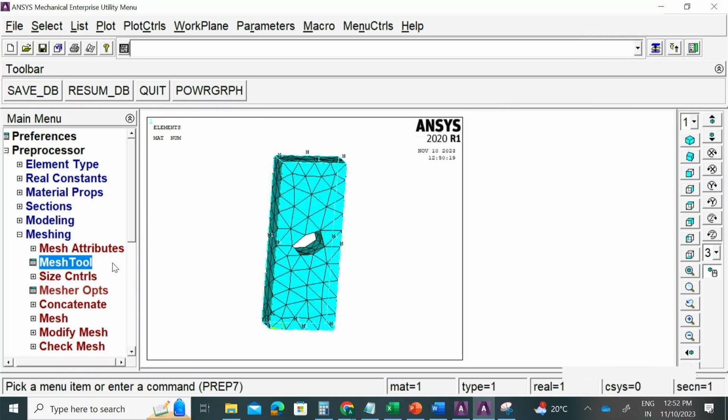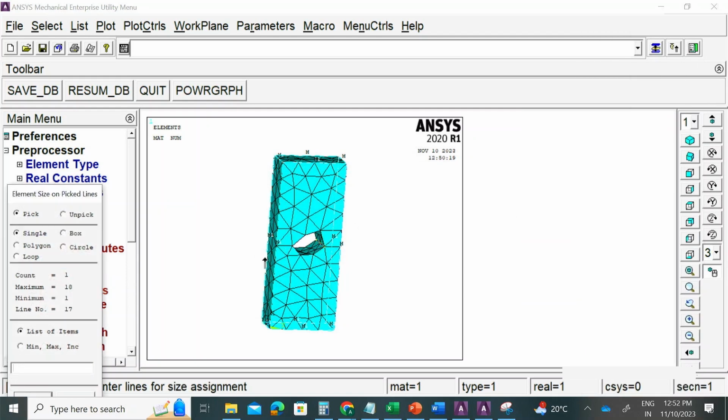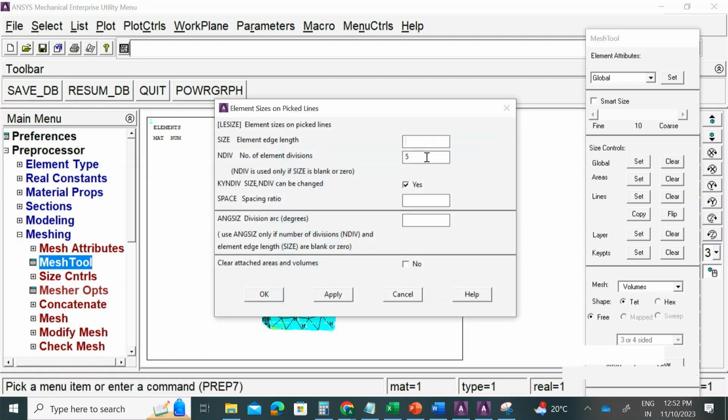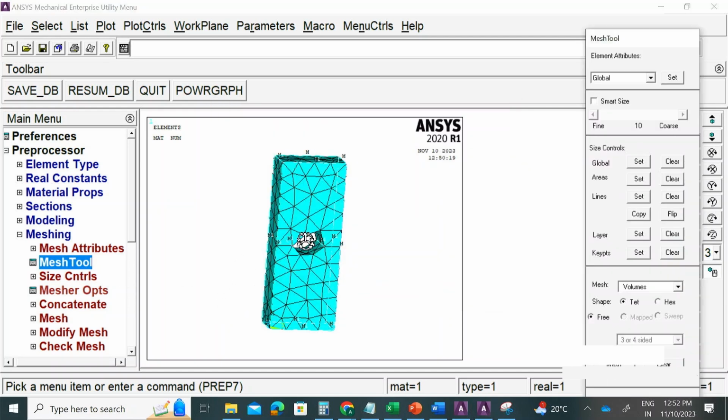So am I done? Not yet. So I want to also set these lines to 2 divisions. Okay, there are lines here also. You can do many of them together if the number of divisions are the same, but you can do them separately also. Then the last thing left is I need to still figure out